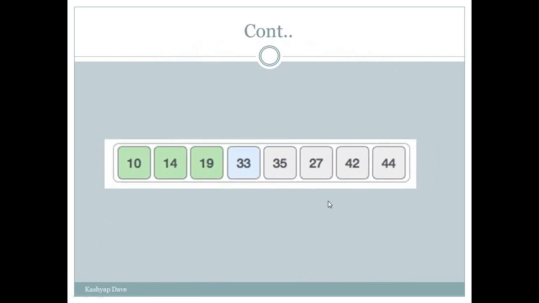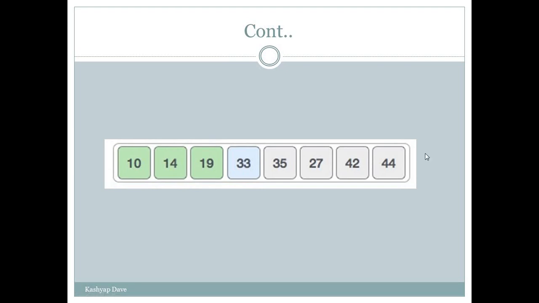So again you can see here 10, 14 and 19 are the part of the sorted list, and 33, 35, 27, 42 and 44 are the part of the unsorted list. Here again our next element is 33, at the beginning index of the unsorted list.